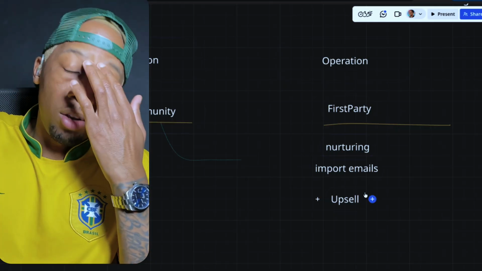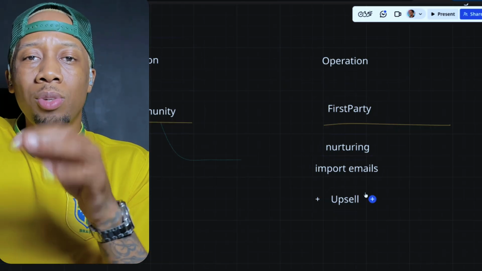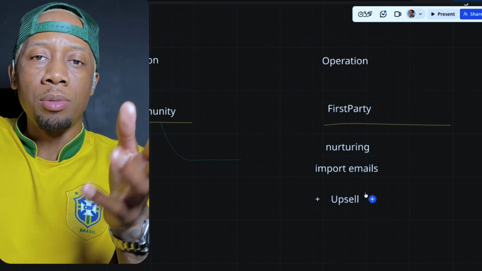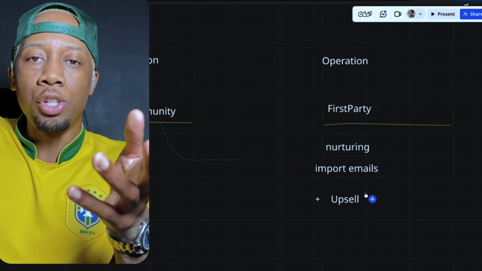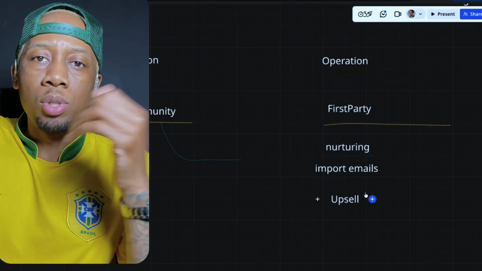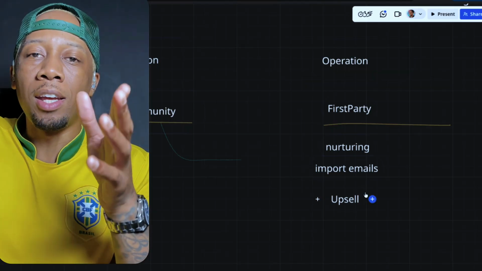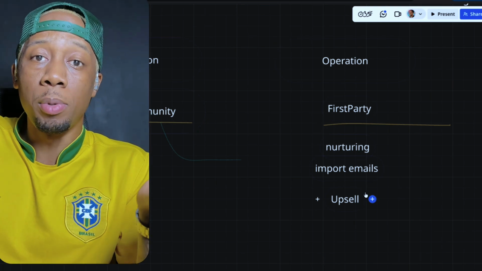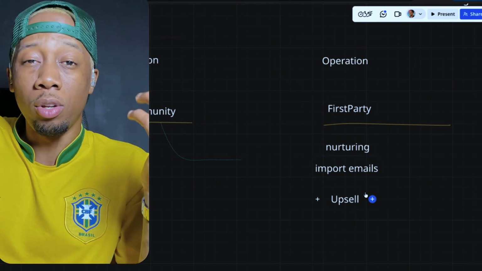Because the challenge that a lot of Skool community owners have is this: they have a community, sometimes they just hit the jackpot, they find a niche, and people just subscribe, okay? But then after maybe month 3, month 4, month 5, they start to churn, sometimes sooner, maybe month 1 or 2, depending on the community.